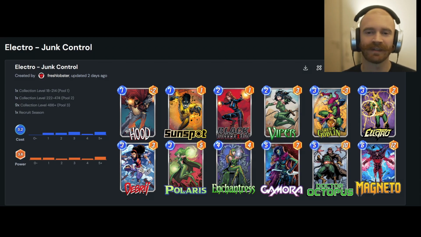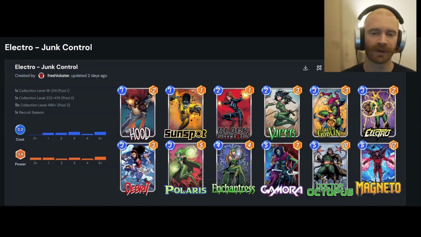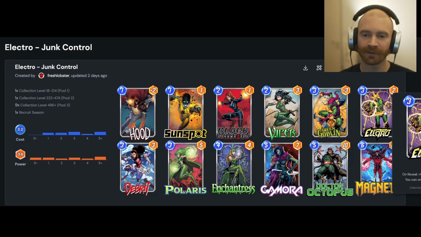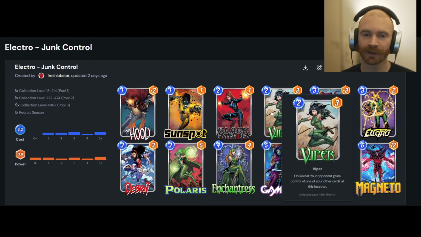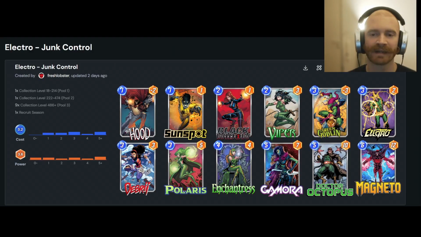And I want to finish off this video with a bit of a more fun list that is not quite as competitive, but can be super disruptive to your opponent, and in certain metas it can be very strong as well. The idea here is to give our opponent Electro with a card like Viper ideally. That means that we still keep the +1 max energy on reveal effect, but our opponent basically gets a one-sided